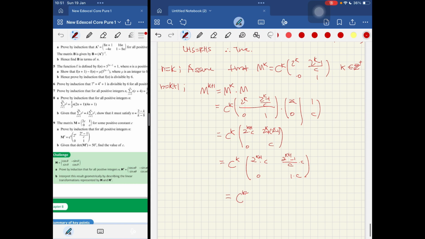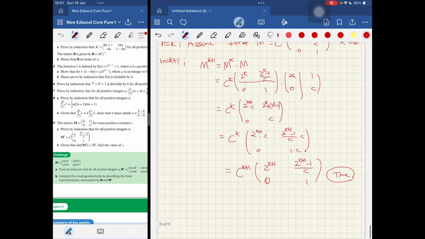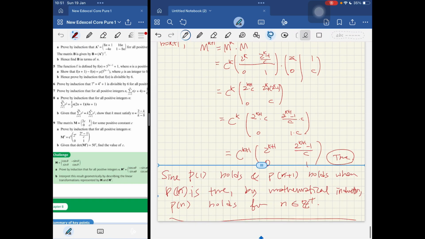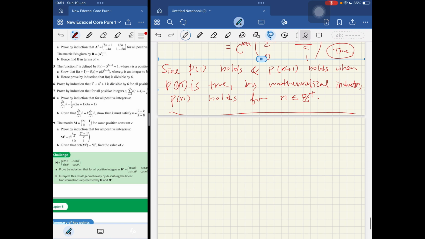So c^(k+1), 2 to the power of k plus 1, 2 to the power of k plus 1 minus 1 over c, 0, and 1. Just to make the consistent expression. So it's true. Therefore, P1 is true and P(k+1) is true when Pk is true. By mathematical induction, Pn holds for n in z plus. So number B,